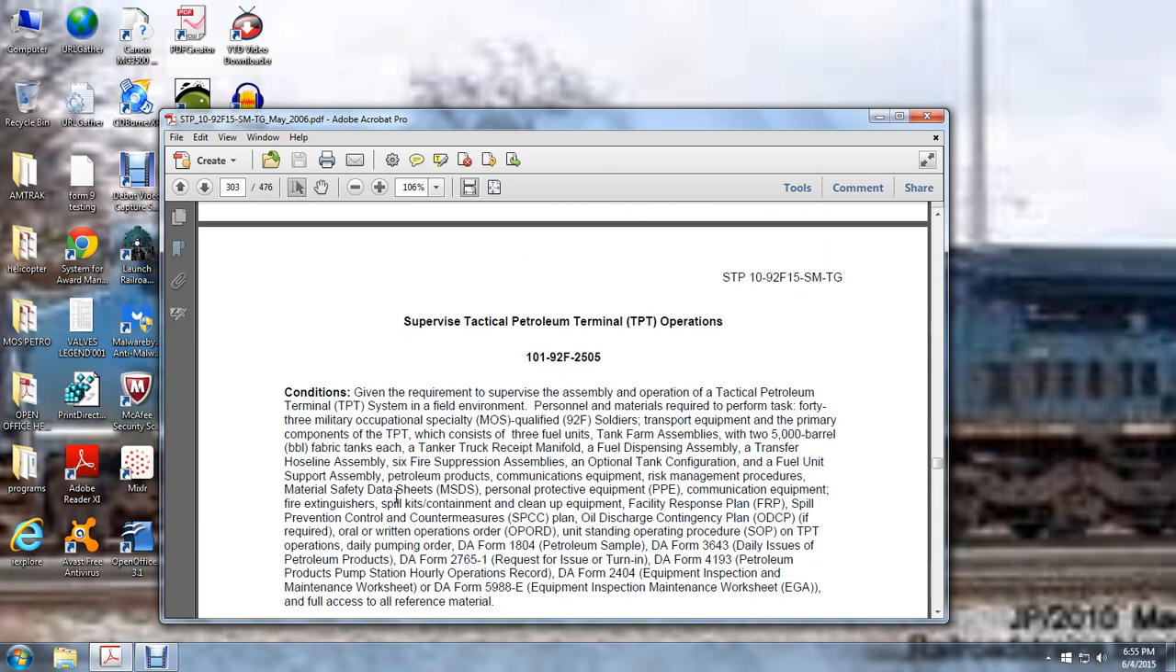Supervise Tactical Petroleum Terminal Operations, TPT. Given the requirement to supervise the assembly operation of the Tactical Petroleum Terminal system, and field environmental personnel and materials required to perform the task, 43 military occupational specialty qualified 92 soldiers transport equipment in the primary components of the Tactical Petroleum Terminal, consisting of 3 fuel units and the tank farm assembly with 2 fuel,